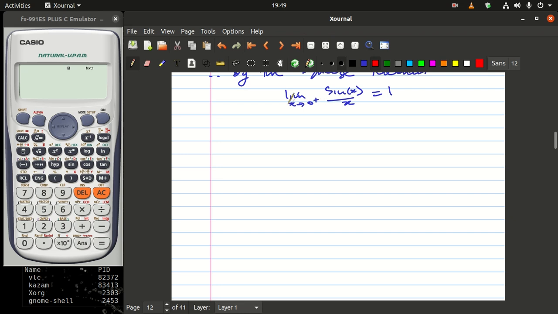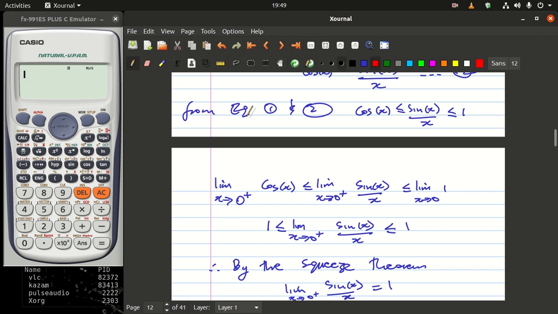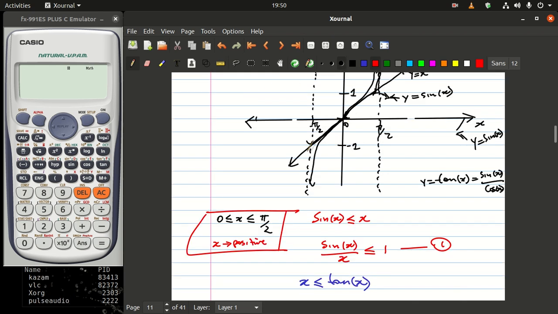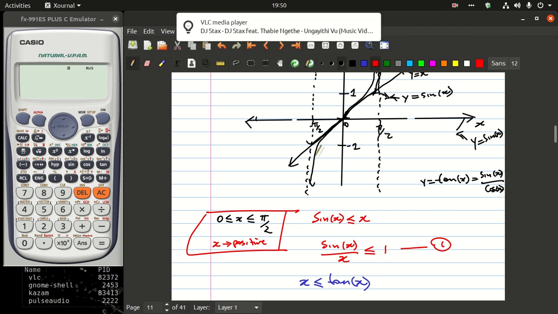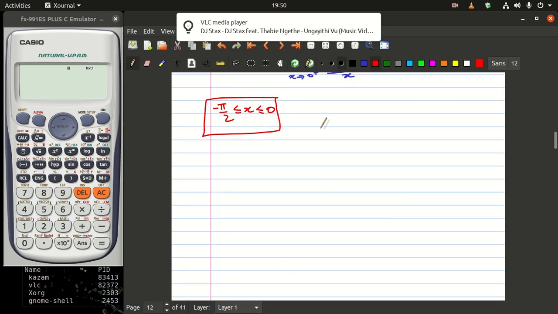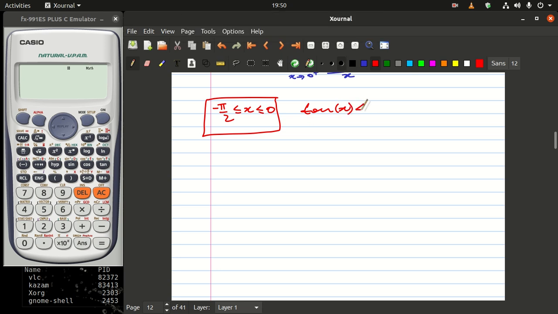We have dealt with the right. Suppose now I am dealing with minus pi over 2 less than or equal to x, and x is less than or equal to 0. So we are in this region here on the left of 0. If you look here, the tan function is below y is equal to x. Remember that this is tan, this one is y is equal to x. So I have tan of x is less than or equal to x,